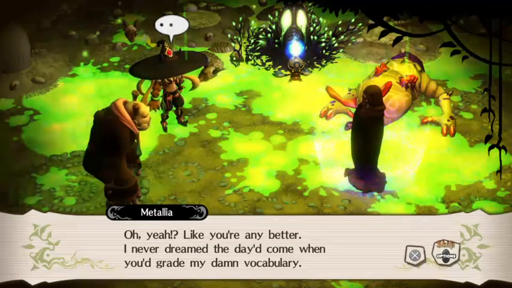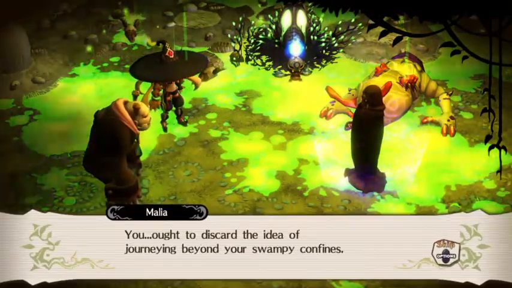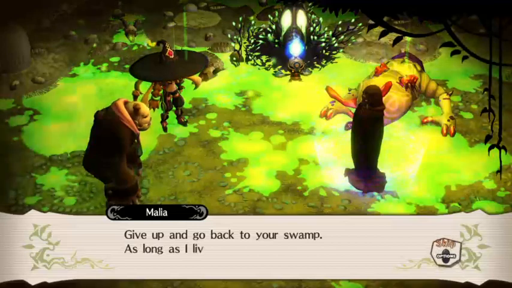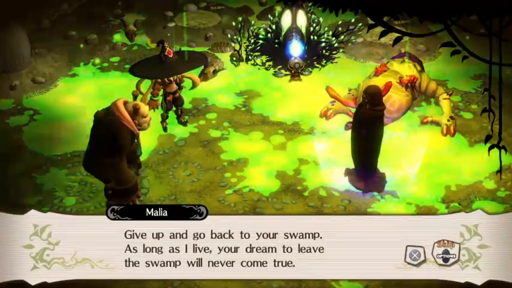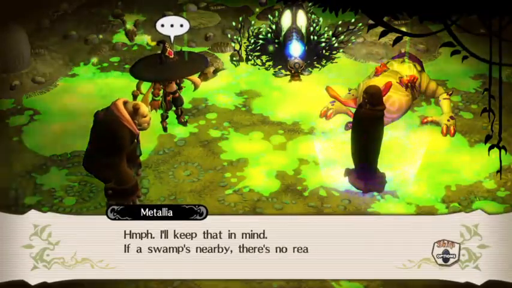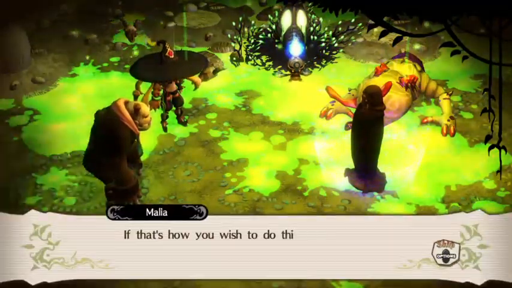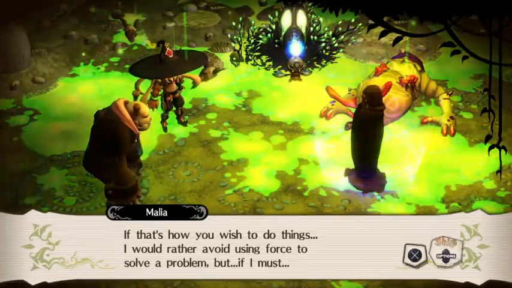You ought to discard the idea of journeying beyond your swampy confines. And the pillars are not what you think they are. Give up and go back to your swamp. As long as I live, your dream to leave the swamp will never come true. I'll keep that in mind. If a swamp's nearby, there's no reason for me to hesitate just because of you. If that's how you wish to do things, I would rather avoid using force to solve the problem, but if I must...